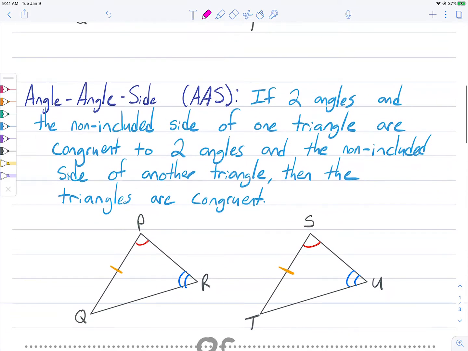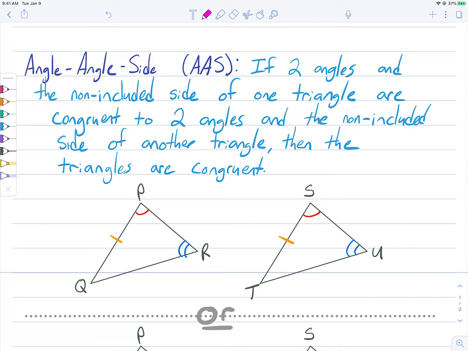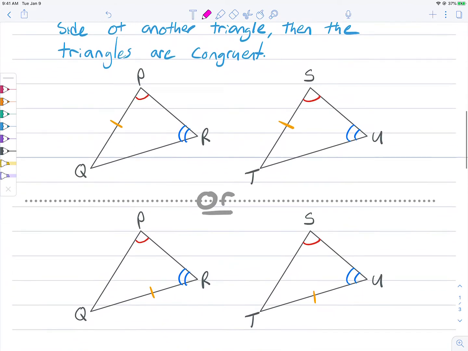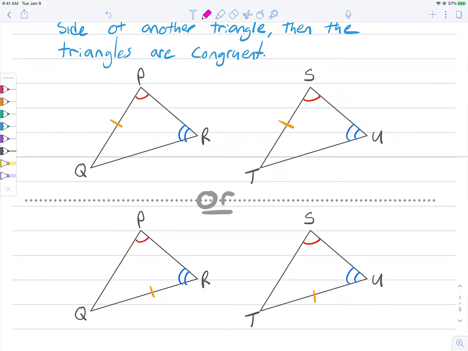Now the other one is angle angle side. It sounds the same, but it's not. The order does indeed matter. So it says if two angles and the non-included side of one triangle are congruent to two angles and the non-included side of another triangle, then the triangles are congruent. So if you look at this picture, the location of the extra side is different. If you look at our two angles, this side would be the included side, and that's not the congruent part. It is the